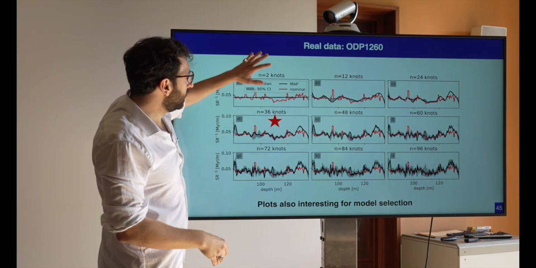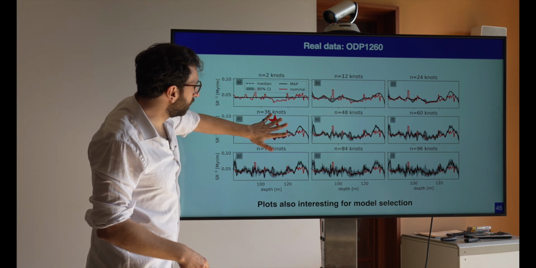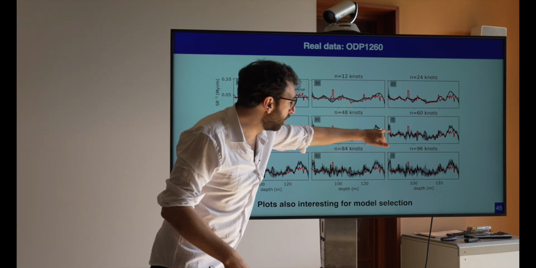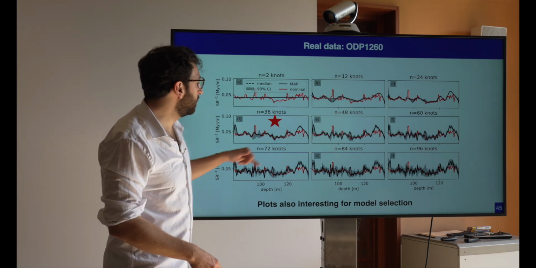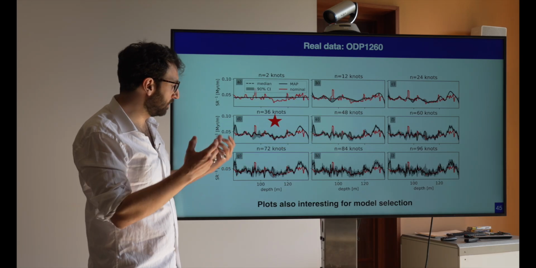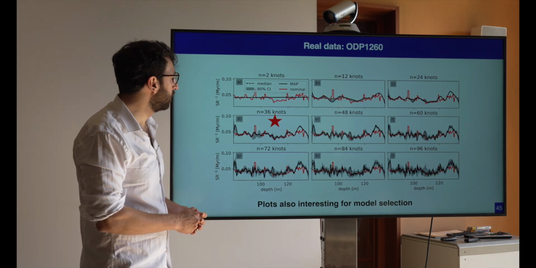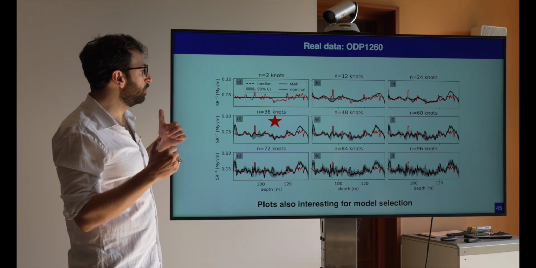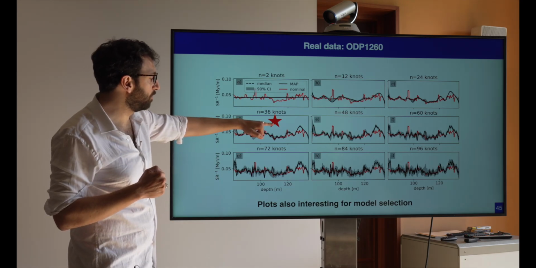And so you see on this plot that from that point on, only the error bars increase, but the model doesn't change fundamentally. So this is another diagnostic that you can use to select the appropriate number of knots on top of the AIC. But suppose the AIC selected this plot,